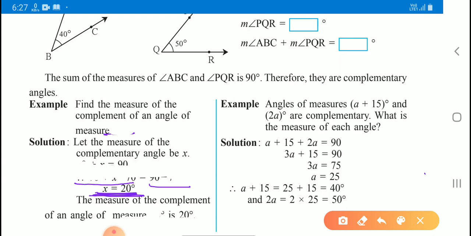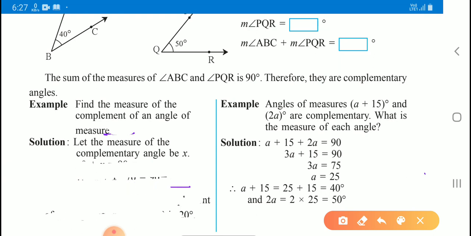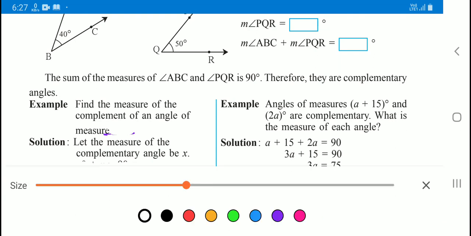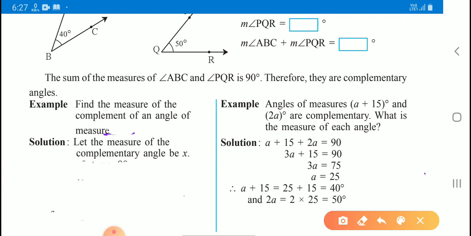Okay, I will make the place to solve the example. Okay, we'll take the measure of the angle. Find the measure of the complement of an angle of measure,